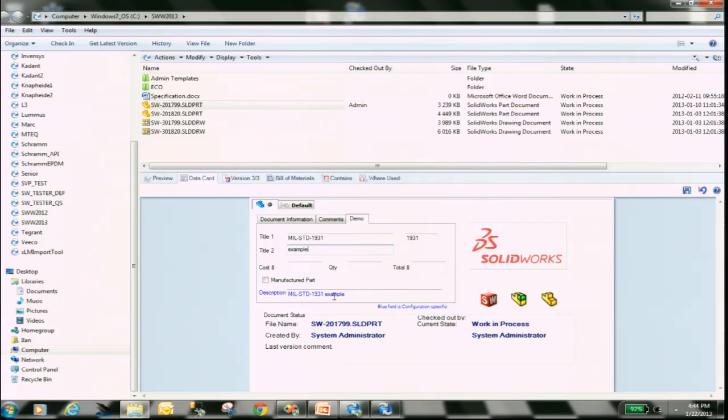First case, for example, is when we're talking about mapping for title blocks. If you have a drawing and you're restricted with the length of the characters on your title block, so you have more than one line for description or title, for example, and I just recently worked with a customer. He didn't want to go through the hassle of changing all these templates. His group wasn't the only group in the organization that used the templates, so he didn't want to go through the hassle of changing his title block templates in SolidWorks. So he needed to be able to map two different title fields into the title block at the same time